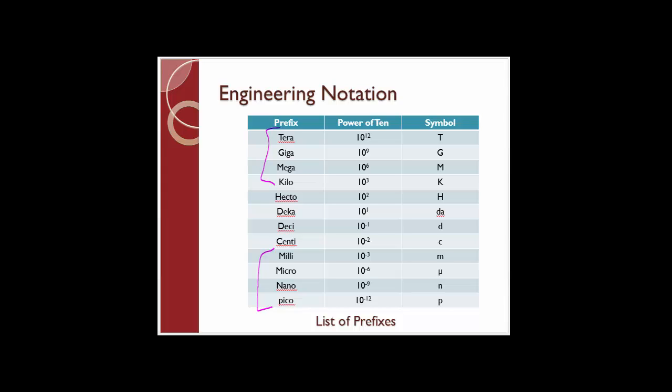So all these, starting from 10 power 3 onwards and 10 power minus 3 down the line, are very, very important. The milli and micro prefixes are mostly used for current, milliamps and microamps. Nano and pico come up when we get into capacitors. So you need to remember that capacitors are expressed in nanofarads, picofarads, microfarads. Then kilo ohms, mega ohms and giga ohms for resistance, or kilovolts for